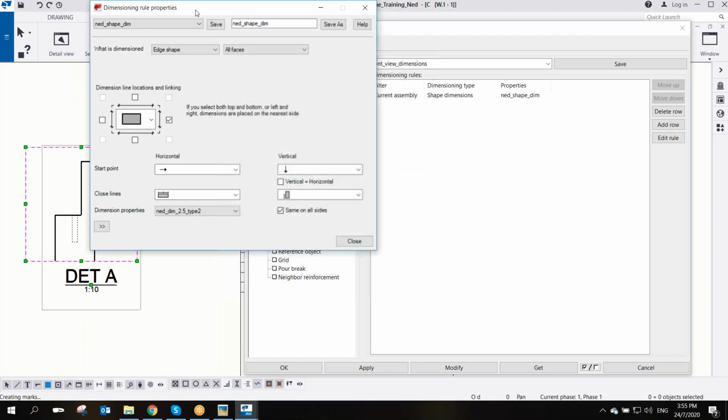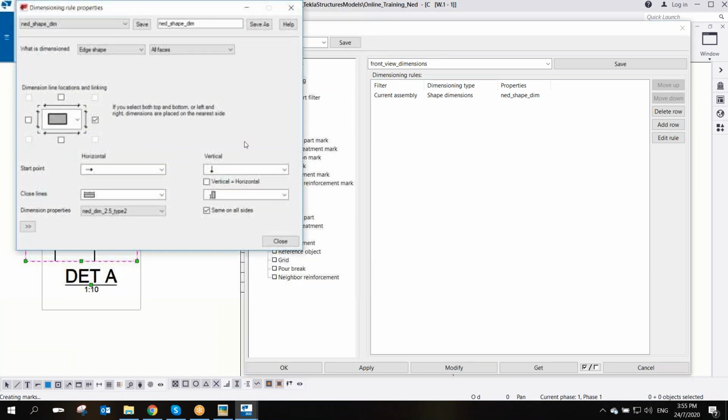Okay, here. So from here, I will make this one as same. Click this one, same on the other side, and then detail rule, and then same here, and then save,